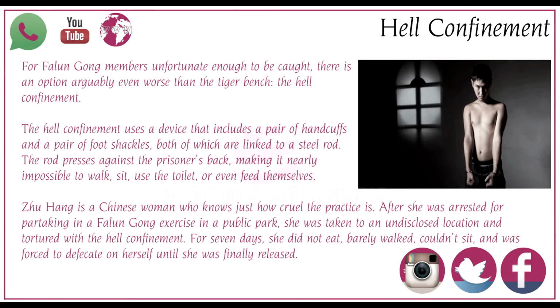Number 2 is hell confinement. For Falun Gong members unfortunate enough to be caught, there is an option arguably even worse than the tiger bench, the hell confinement. The hell confinement uses a device that includes a pair of handcuffs and a pair of foot shackles, both of which are linked to a steel rod. The rod presses against the prisoner's back, making it nearly impossible to walk, sit, use the washroom, or even feed